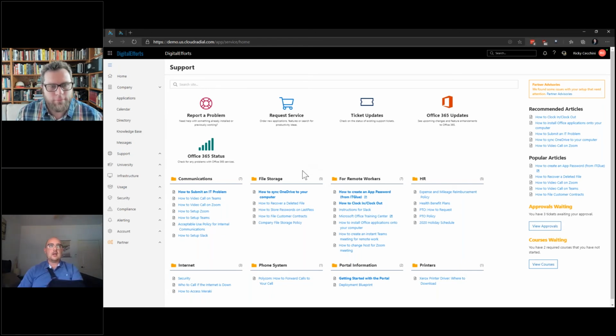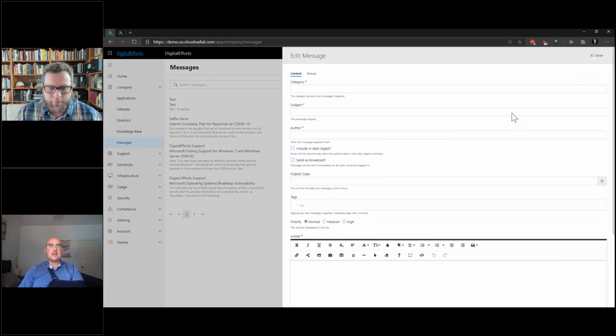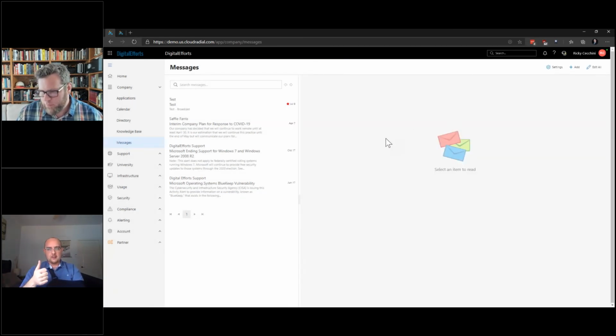You saw that it was in a message. I had to click on messages, then I have to click on add, and then I have to toggle a button to send it, right? So it's already kind of gated. But even more so, we don't want you to send out either emails from CloudRadial accidentally or broadcast messages. So we have a fail-safe in place before you kind of set everything up, and I want to cover that